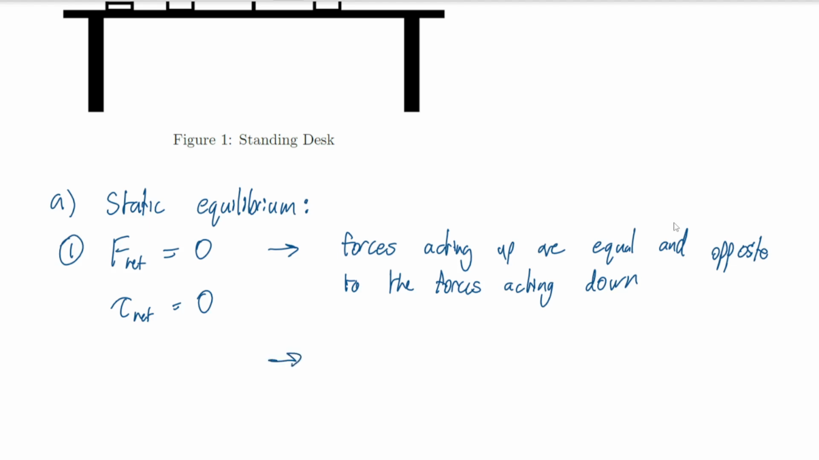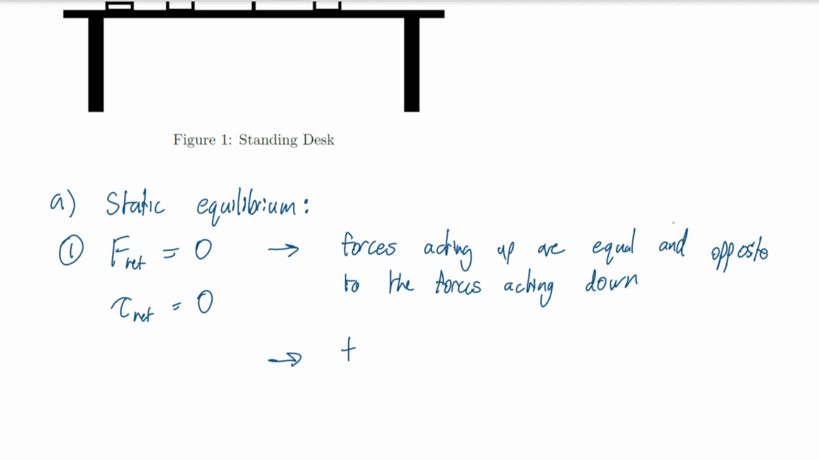Point 2 is that the net torque is 0. So torque is like a rotational force. It's force applied a distance away from a pivot point. Right? Like think of a wrench. When you turn a wrench with your hand, it's some distance away from the nut that it's turning. That is a torque. And for the net torque to be 0,